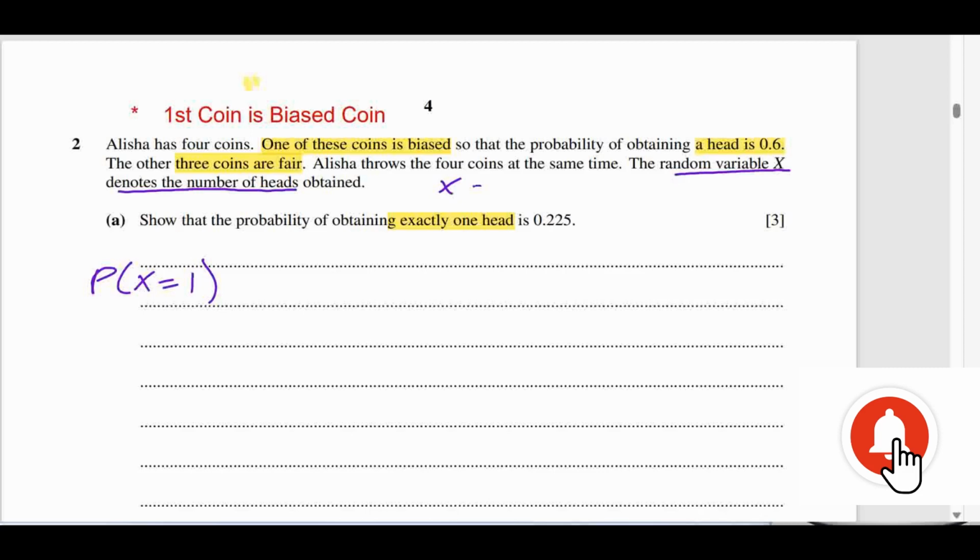So ये तो हमें पता है कि this denotes the number of heads. अब इसमें क्या हो सकता है कि 4 coins हैं और 4 coins में head की probability क्या है। ये पॉसिबल है कि फर्स्ट कॉइन पे आपके पास क्या है, हेड टेल टेल। तो एक तो पॉसिबिलिटी आपके पास ये है कि फर्स्ट टाइम में आपके पास हेड आ रहा है और उसके बाद टेल टेल, देन प्रोबेबिलिटी ऑफ टेल हेड टेल टेल प्लस प्रोबेबिलिटी ऑफ